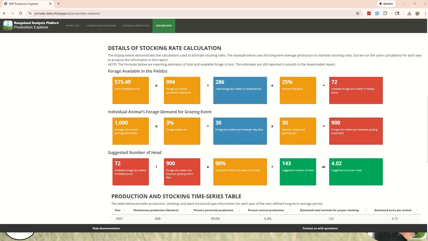Now we've got another section down here that's going to go over the details of the stocking rate calculation. The details show the formulas used to calculate the forage available in the pasture, the individual animal's forage demand for the grazing event, and then the suggested number of head. These formulas provide an opportunity for the users to critically think about the outputs and make any adjustments to match